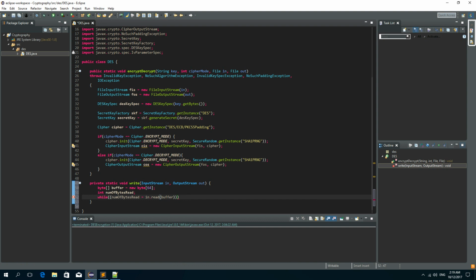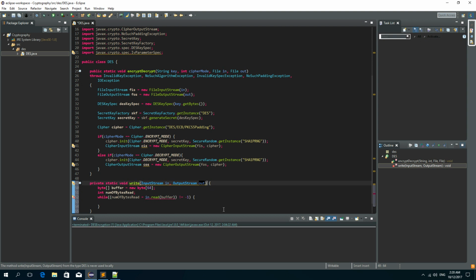So as a parameter we'll write buffer, and we need to know when we reach the end of a file. So if we reach end of a file, the read method will return -1, so we need to make sure that it is not -1. Okay,